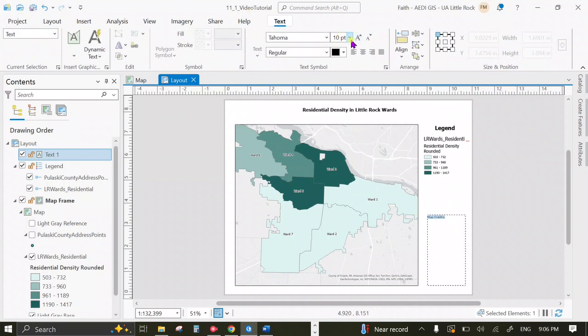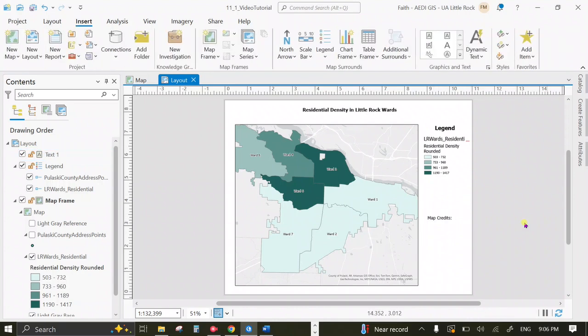The instruction document outlines what information I want in your map credits. I would like for your map credits to be pretty thorough, and the rubric on the first page of the instructions lists all of the information that you should include in your map credits. So what you will get points on for your layout is having an appropriate title, having obviously a map extent, having a thorough, robust map credits, and having a legend. You'll also get points for the cartographic color choice of your graduated symbols,